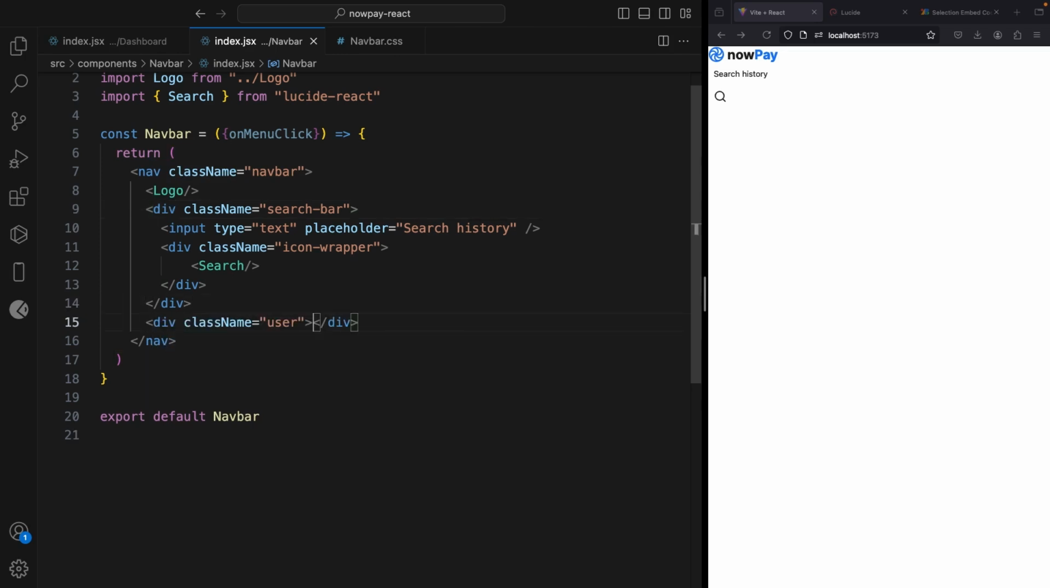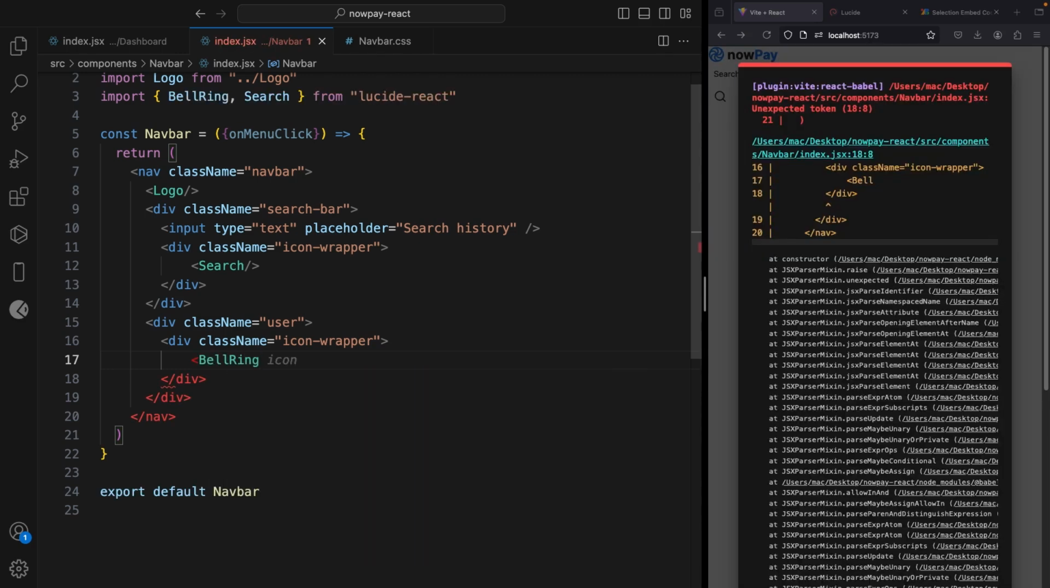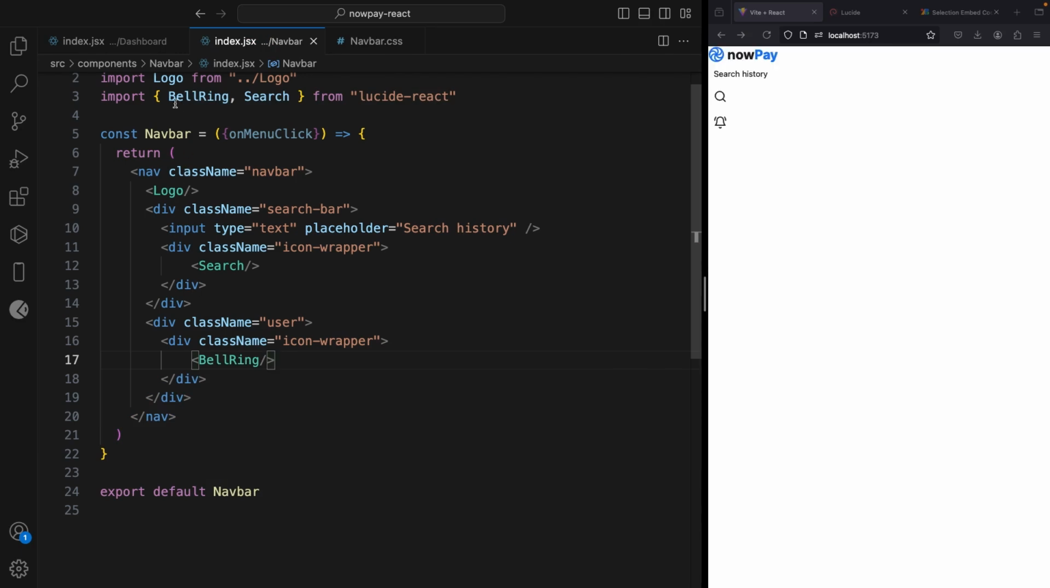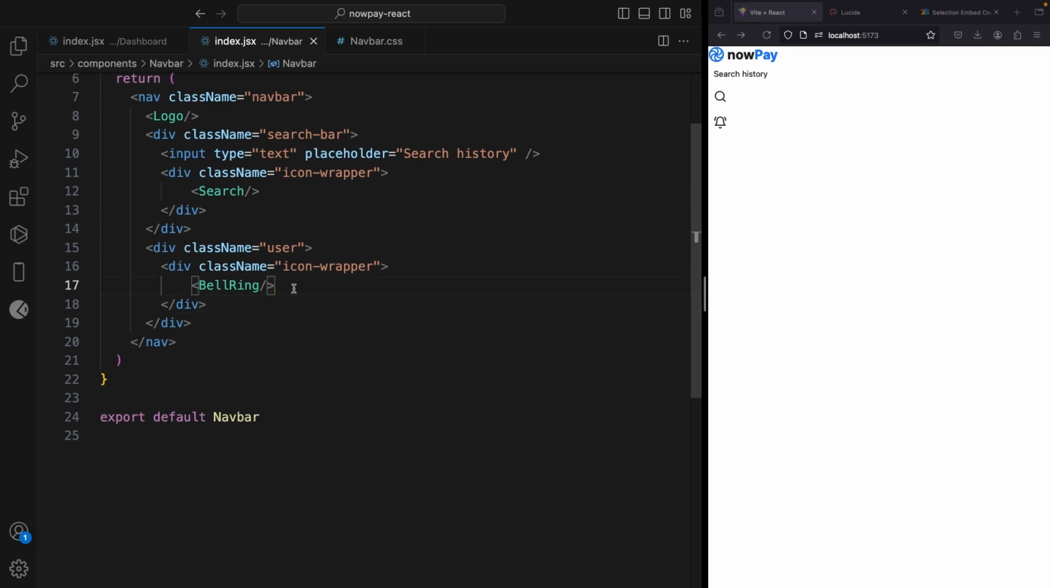Awesome. Now, the next thing we're going to do after creating this search container is let's go ahead and create the user, and I'm going to create icon wrapper, and within this icon wrapper we're going to add an icon called bell ring, and it's also imported from Lucid React. Okay, and after that, let's create a profile